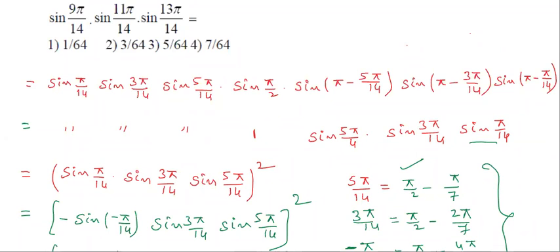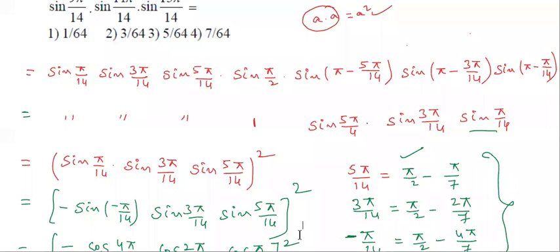Already we know that a into a, how much, students? A into a means a square. If in multiplication two terms are equal, we will write the square or not. That's why I have written sine pi by 14, sine 3 pi by 14, sine 5 pi by 14, whole square. Now